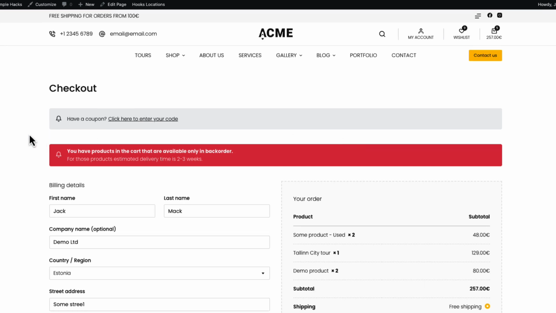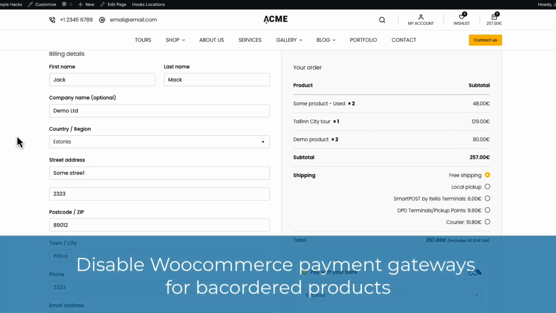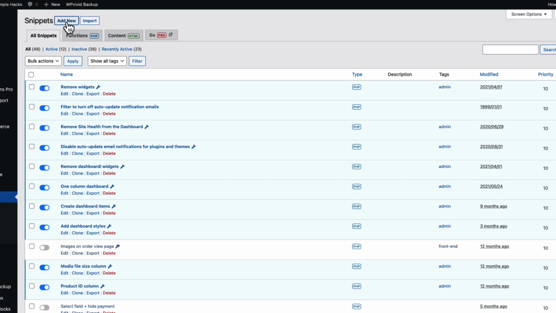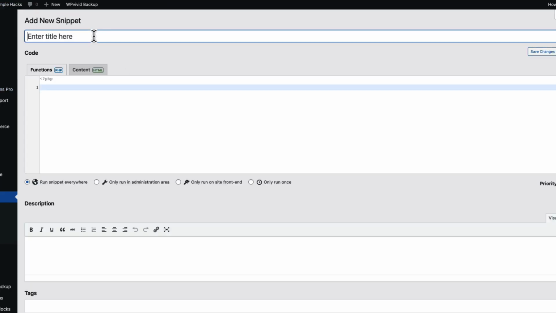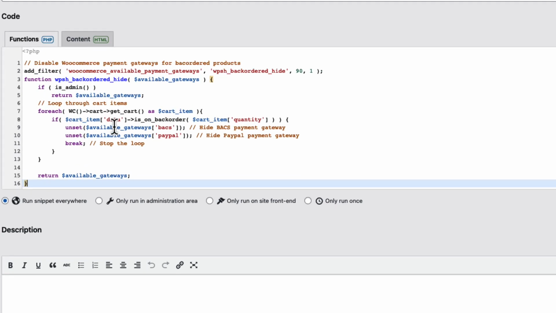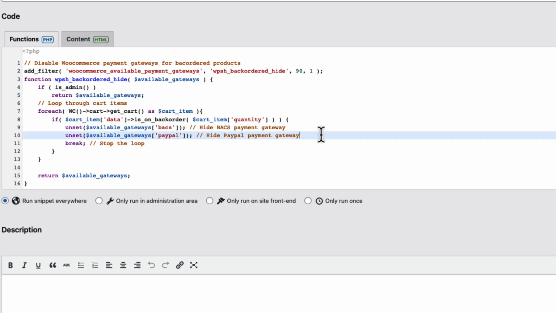And since we're already in a checkout page, then let's hide a payment gateways if your cart contains a product that is available on back order. This means I'm gonna add a new snippet. I'm gonna give it a title, paste the snippet here, and what will it do? If the cart contains a product that is available on back order, it will hide PayPal and it will hide direct bank transfer. If you would like to add your own custom payment gateways here, then just copy this line, paste it here,